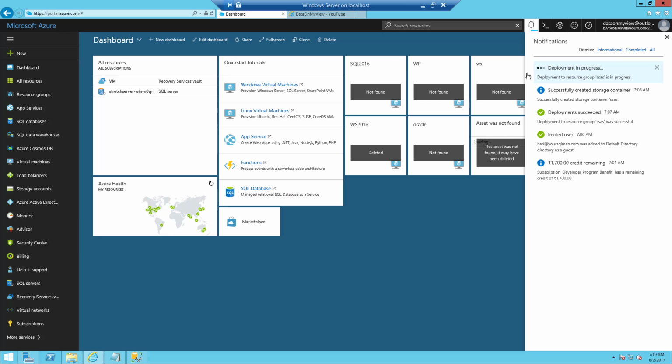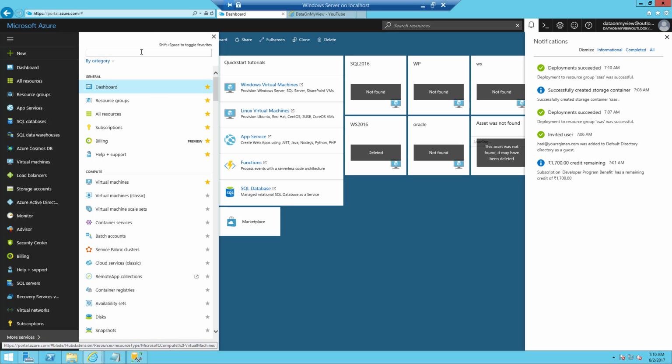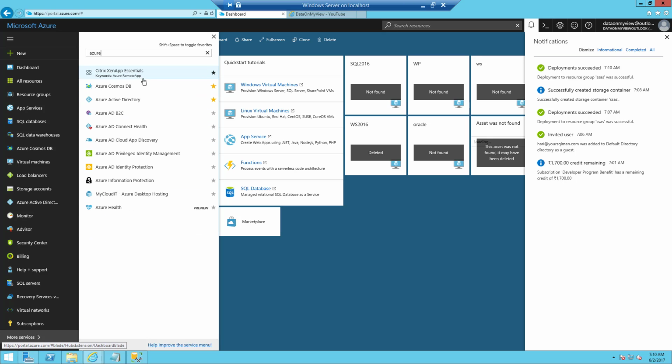If you want to see the service, you can directly go to more services. Here you can type Azure analysis services.